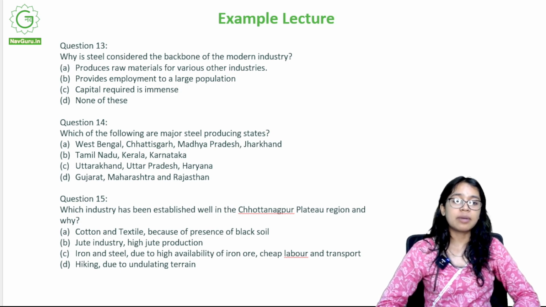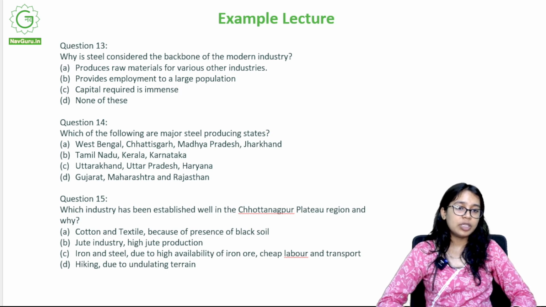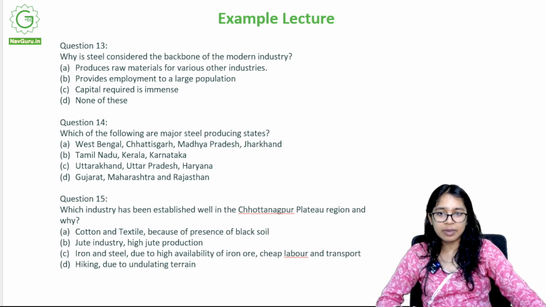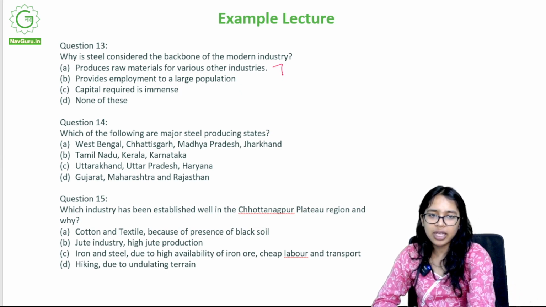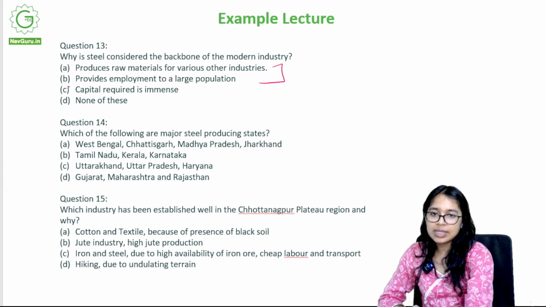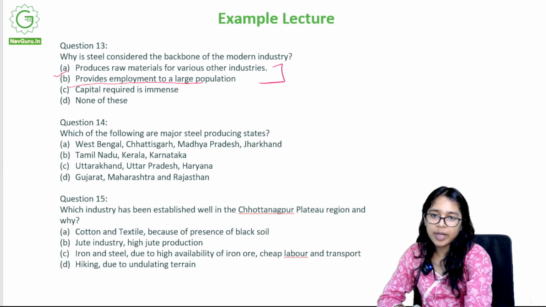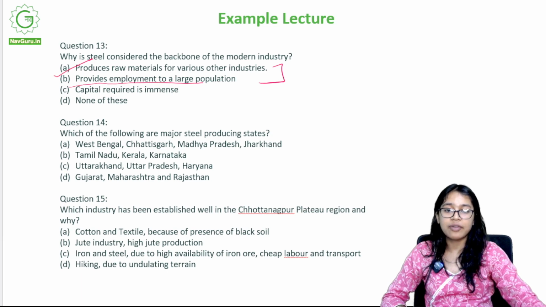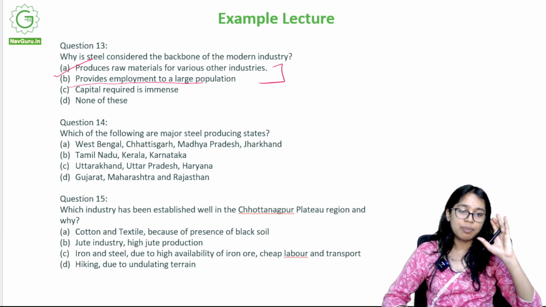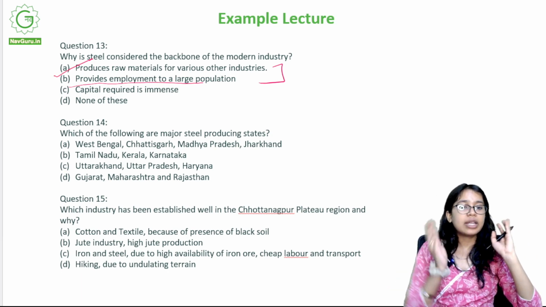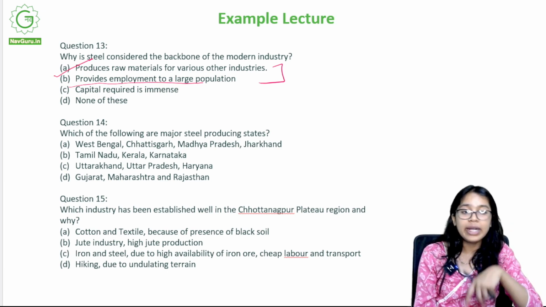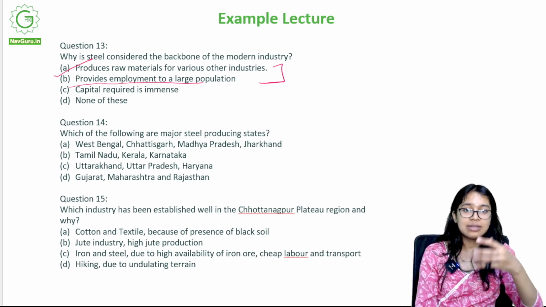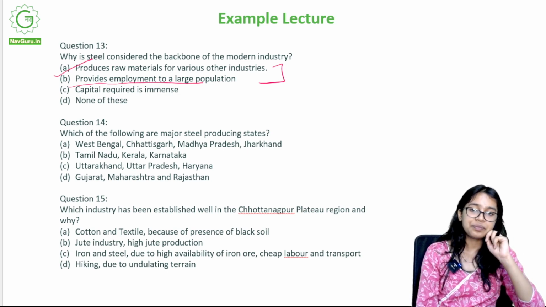So what makes something a backbone? When we say backbone, it means that it's a very significant part of modern industry. Which of these reasons tell us that it is significant? It can be either A or B. But since we only have one right answer, we shall be going ahead with A, because on B we do not really have data on what employs a large population, because from the data that we have, we know that 75% of the people are employed in the field of agriculture, and hence that does not count over here.